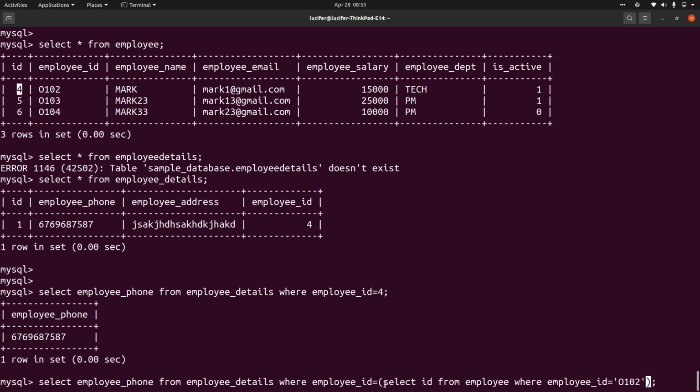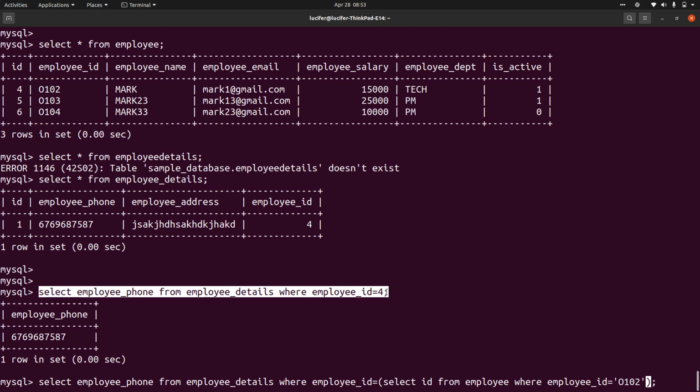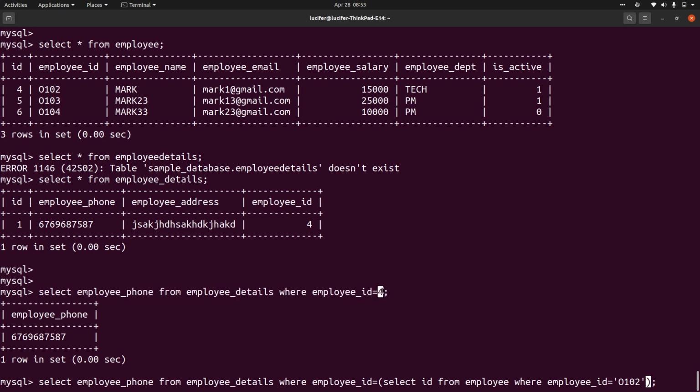So select ID from employee table where employee ID is 0102 gives me this ID, which is 4, and I am passing that value into this statement, where employee ID equal to 4, from this table. You can still do it the first way, but since you don't know this particular ID, you have to do it like this.